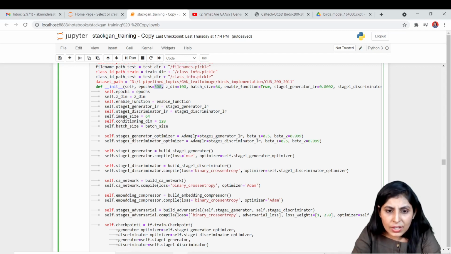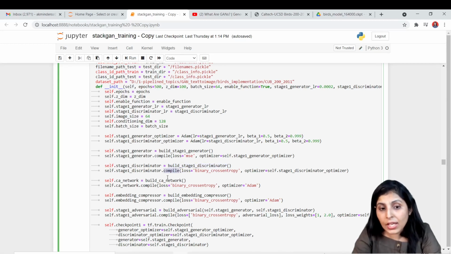So you can see here, stage 1 optimizer, we are using Adam optimizer. For the discriminator of stage 1 we are using this optimizer. We are building build_stage1_generator. This is the function we have defined above, in which we have written a neural network for the stage 1 generator, right? We are building the network, we are compiling it, and then we are calling the discriminator function, the neural network which has the code for the discriminator.